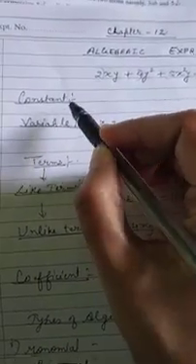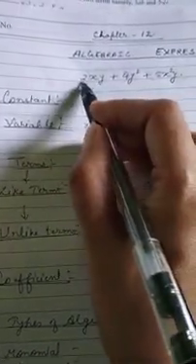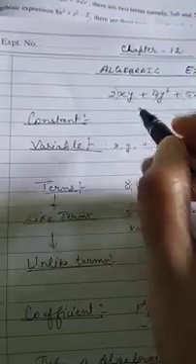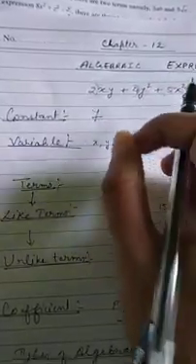Now the question is, what is constant and what is variable? I have told you that xy is a variable, and 4, 2, 5 are the constants. But let's understand the concept of constant and variable. Constant means a quantity whose numerical value is fixed, which we cannot change. Like if I write the number 7, it has a fixed value. This is 7 only. We cannot change its value. It is a constant term.